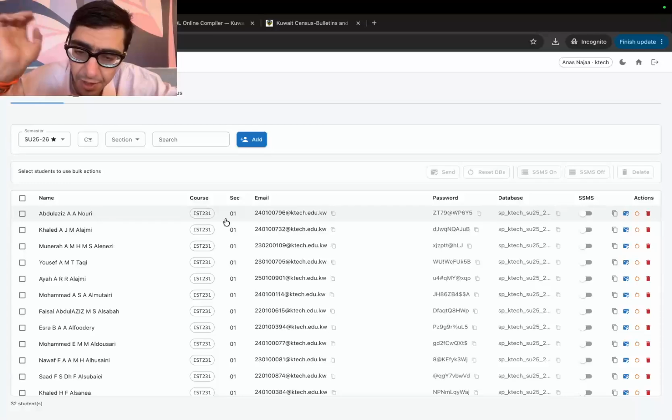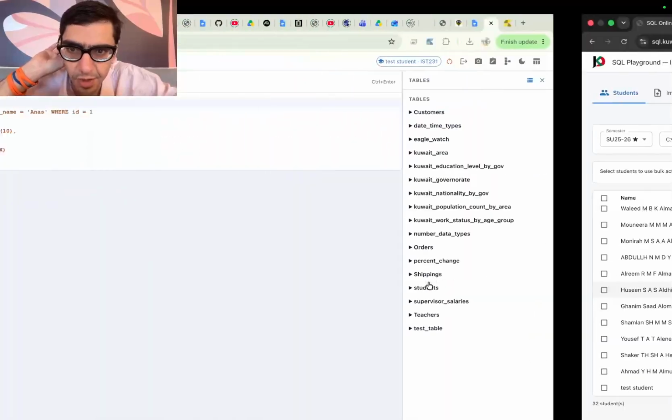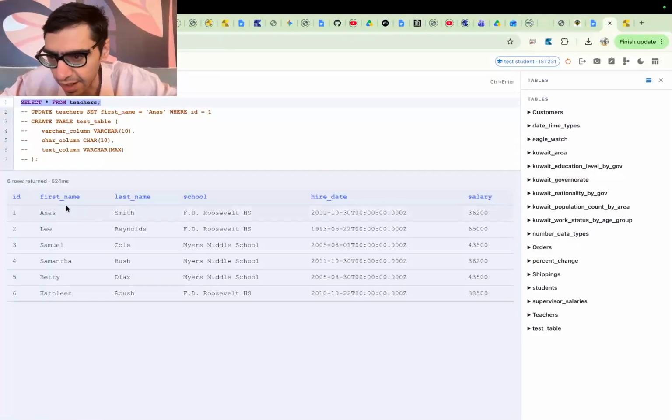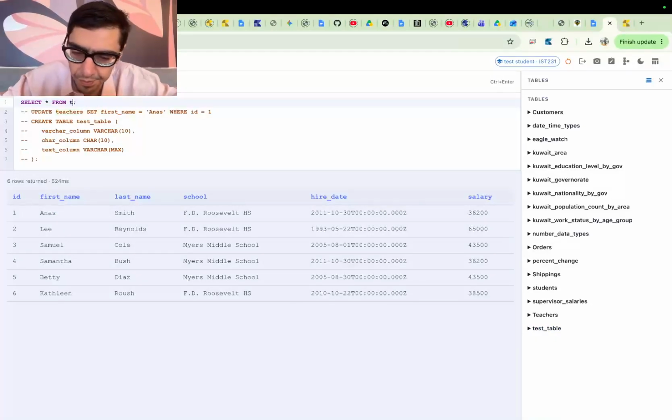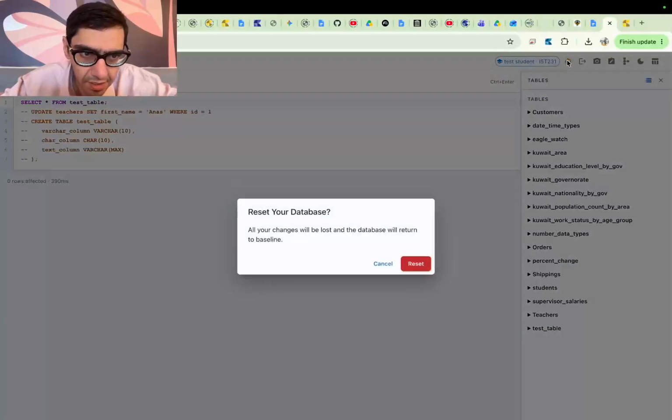And of course, at any point, you can reset the database. Let's try it, actually. You can reset from your side or from the student side. So the student here, he made 2 changes, I believe. We updated a teacher name, right? And we created a new table, this table. Empty, I believe, so there's nothing to show. You can see. So if I click on reset,